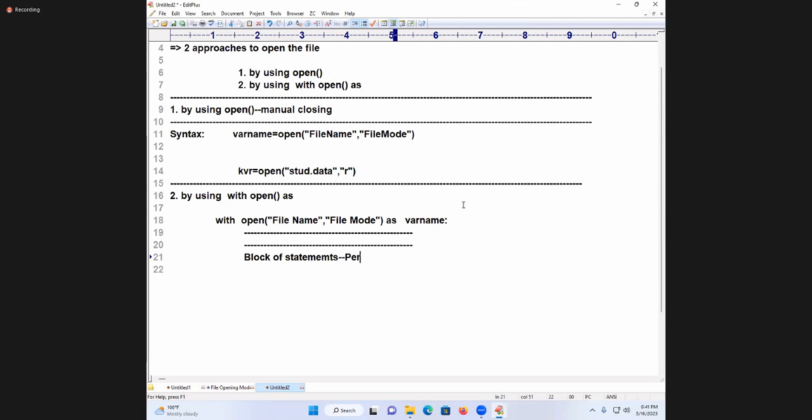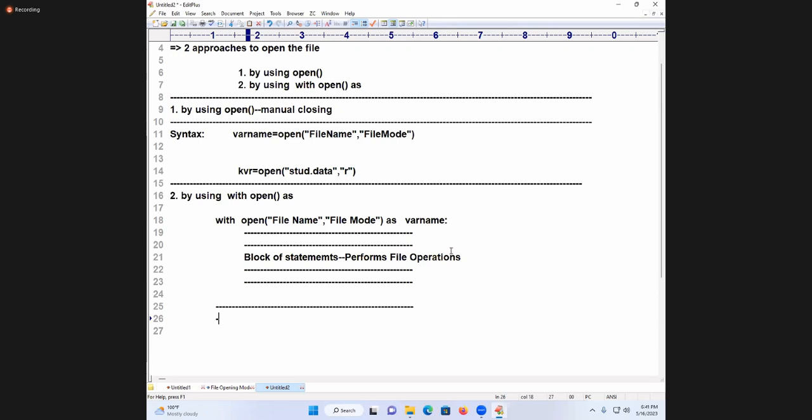File operation. Which operation does the block of statements perform? File operation. Now it is done; this is called file operations done. Are you following? After finishing this task, you write outside the indentation. This is called out of the indentation. See students, indentation is very important here. Out of indentation of width. Now the speciality of this example is,